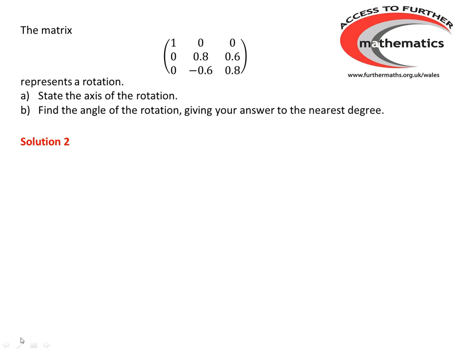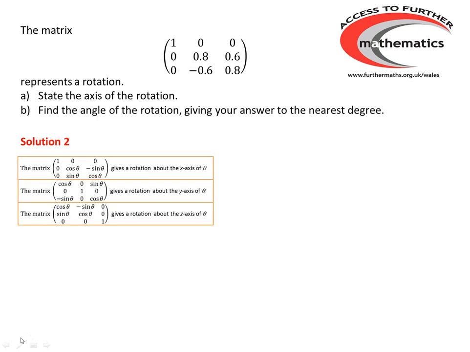Our second solution for this question makes use of the fact that we might decide to remember the three formats for the rotation matrices. The matrix in the question clearly is similar to the first option of the three, so we can say that it's a rotation about the x-axis,